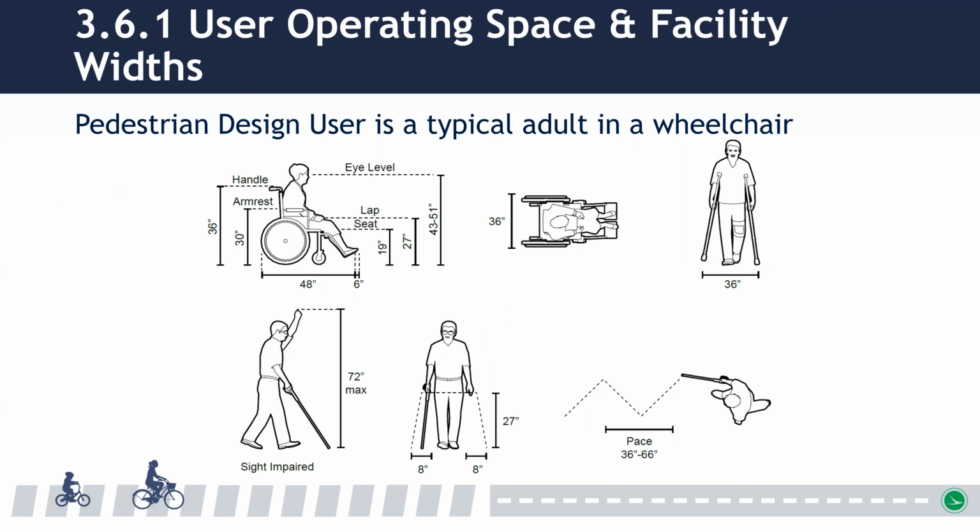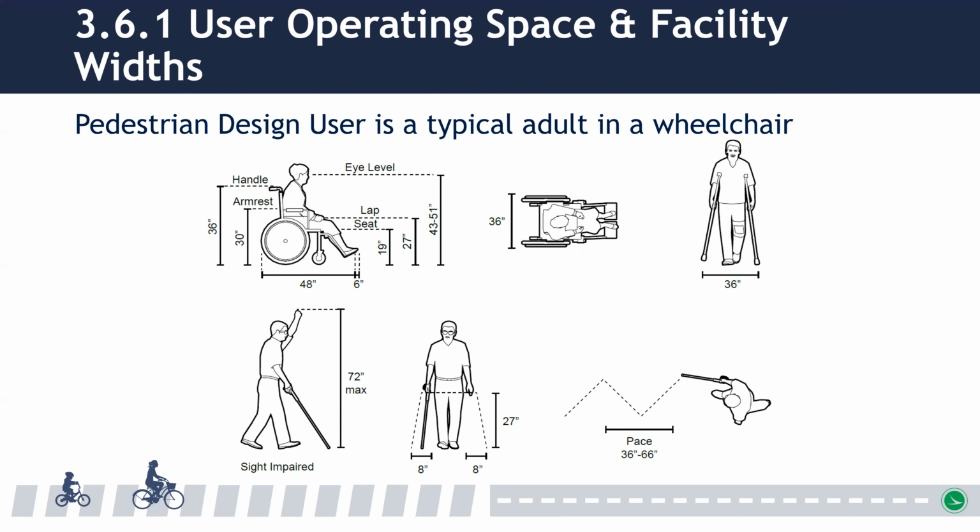In addition to establishing the user profile and performance characteristics of people walking and bicycling, designers should understand the principles of operating space for both sidewalks and bikeway users. When developing design parameters for sidewalk and bikeway widths, designers should consider the space occupied by the user and whatever device they may be using, their operating space, i.e. the natural side-to-side movement of that user, and any additional shy spaces to vertical objects or obstructions adjacent to the